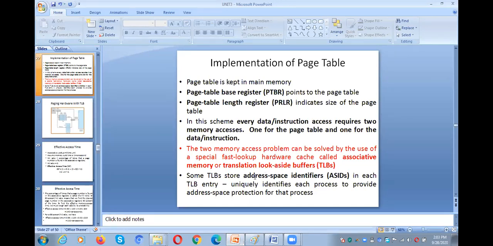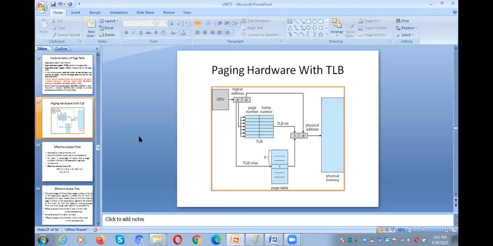Okay, the translation lookaside buffer is available in the cache. So first we need to check in the cache. If the required page is available in the cache, then it is called a cache hit. I already told you in the morning session and the previous class also. I have explained this one, right? So first the CPU generates one address. It is divided into two parts. One is a page number and the second one is the offset.